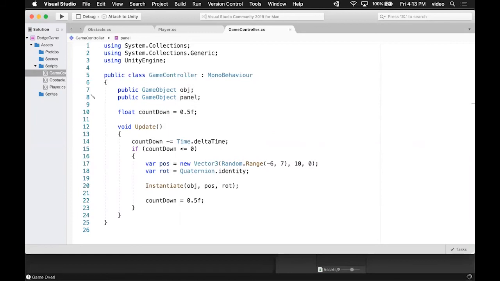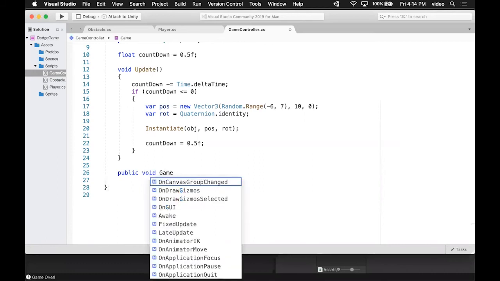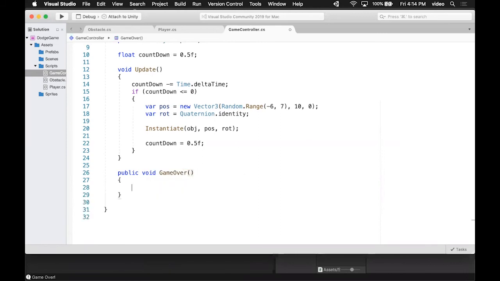Public game object panel. Then we're going to add another method, and we're going to write public void game over. Panel